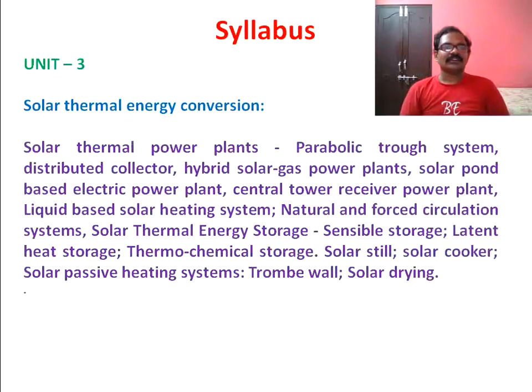So it's the third unit, solar thermal energy conversion. It has 3 principal concepts. The first one is solar thermal power generation plants. There are 5 different types of plants which we are going to discuss now. And the second part is solar thermal energy storage, which consists of sensible storage, latent heat storage and thermochemical storage, which we'll also see, and this thermal energy storage will form the second part of this